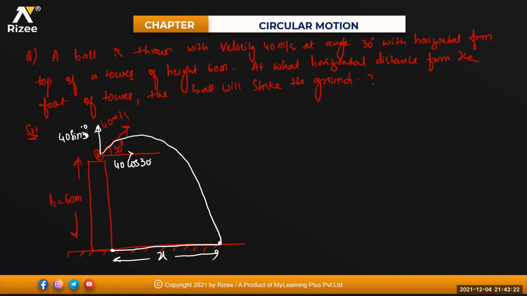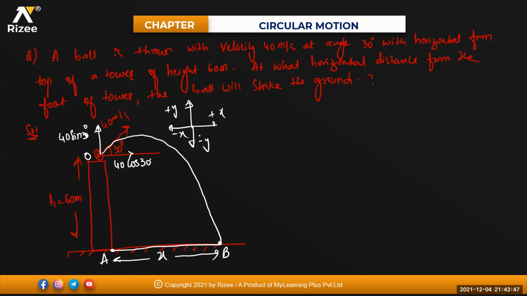So this is your origin and this is the final point where it has been reaching. This is a point B. We need to calculate the distance of A to B. First try to calculate the time taken by the body to go from O to B. I told you sign conventions. I'm going up, I'll take it as plus y. In this direction, plus x. Down direction, I'll take minus y. And in this direction, I'll take it as minus x.